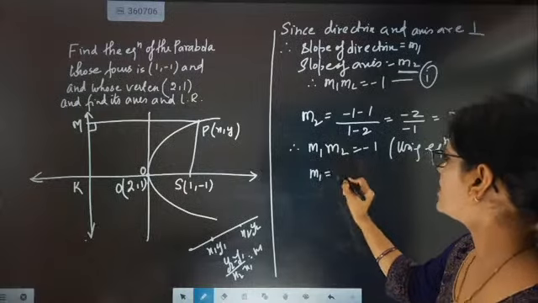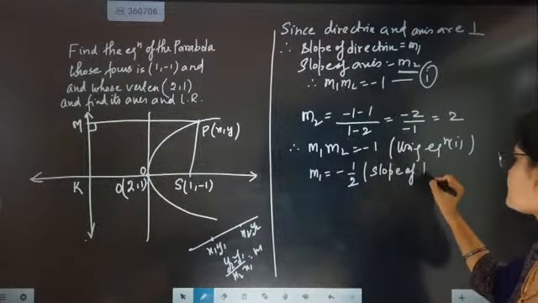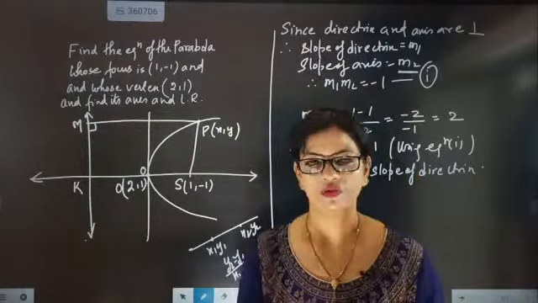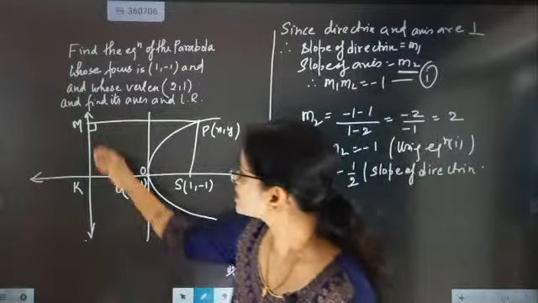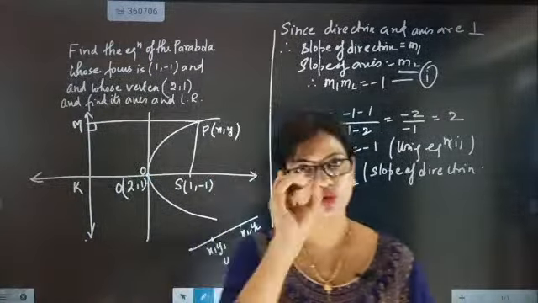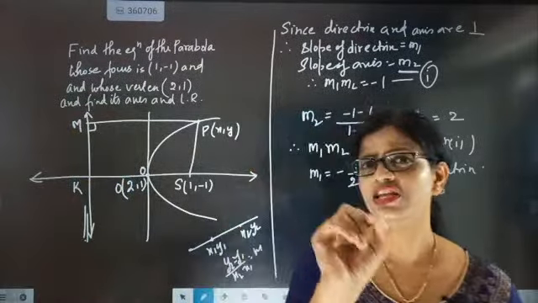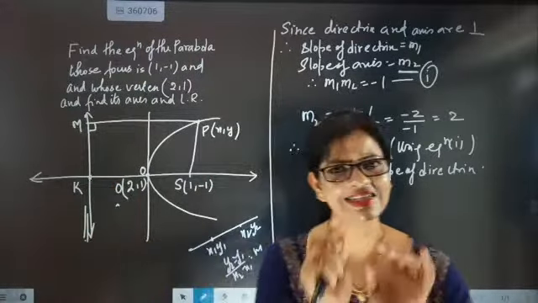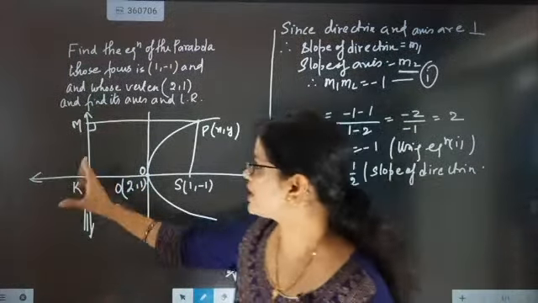So what will be m1? m1 will be coming as this. So the slope of the directrix we got. One work over. One jackpot point is over. But another problem is coming: with only the slope we cannot get the equation of this line. We need one point here, the contact point, at least any point here. If we know the point here, we will be able to get the answer.